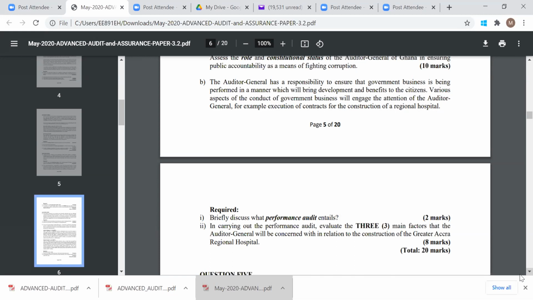That's why at the beginning, they said the Auditor General has a responsibility to ensure that government business is being performed in a manner which will bring development and benefits to the citizens. So here you are looking at how effective and efficient resources have been used, and we are reviewing that. The whole purpose of a performance audit is to evaluate performance and